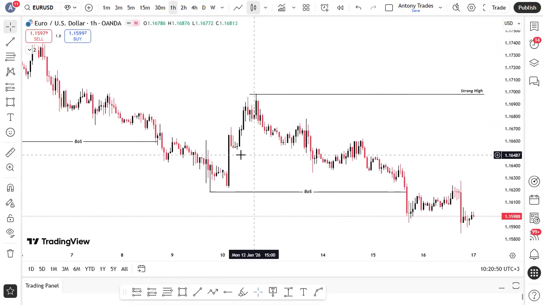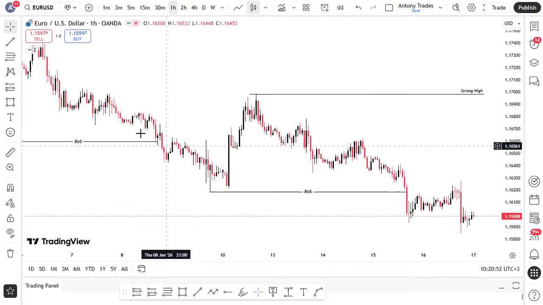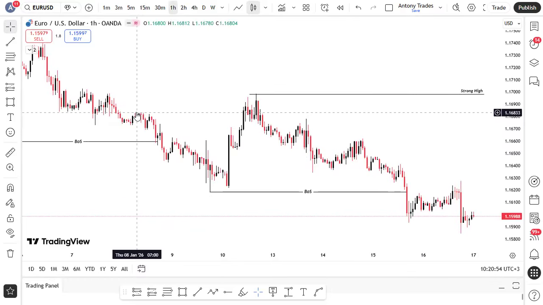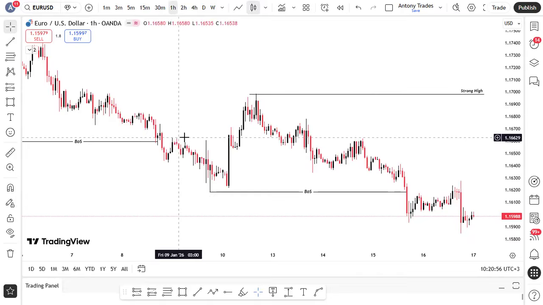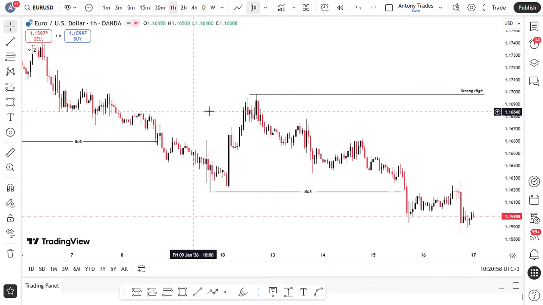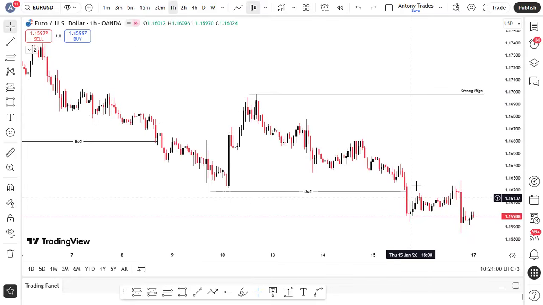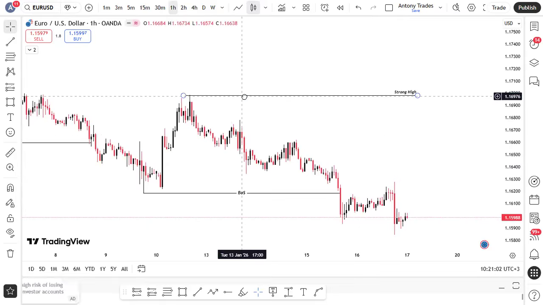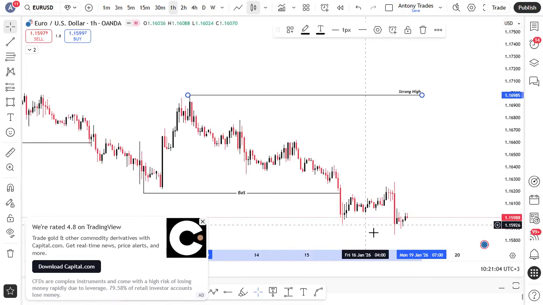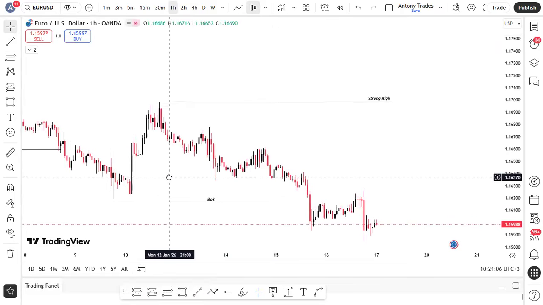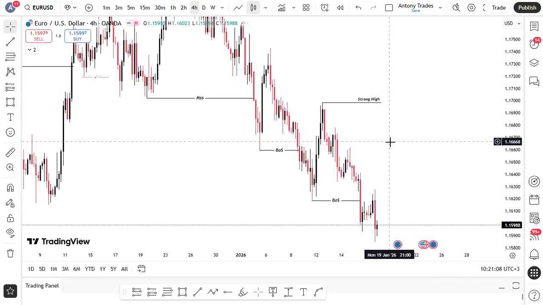Like that, you can see the market cleared all this internal structure. The market cleared this internal structure. We had this internal structure, so it cleared all this liquidity before giving us this break of structure. So that means now this is our strong high and this is our weak low down there. So going back to 4-hour,